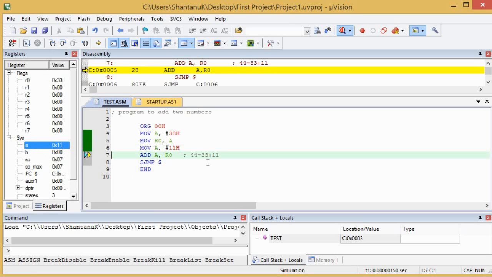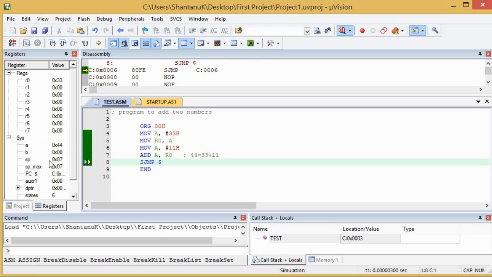So as per our program, when 33 and 11 get added, the result will be 44, and that 44 will get stored in the accumulator. Just keep observing: the content of the accumulator is 11, now it will become 44. So I will give a clock pulse, meaning I will press this button. You can see the content of the accumulator is 44.